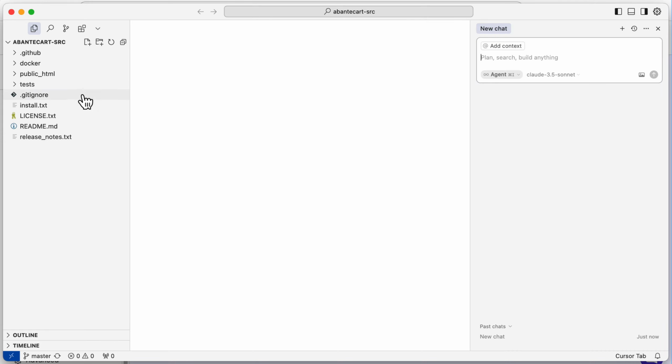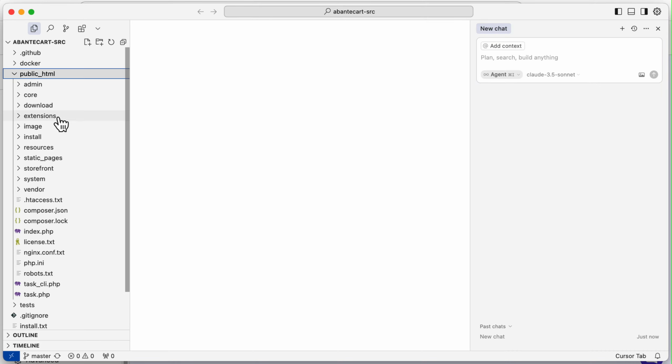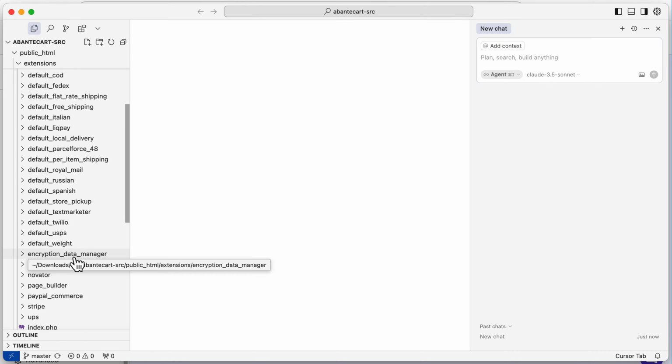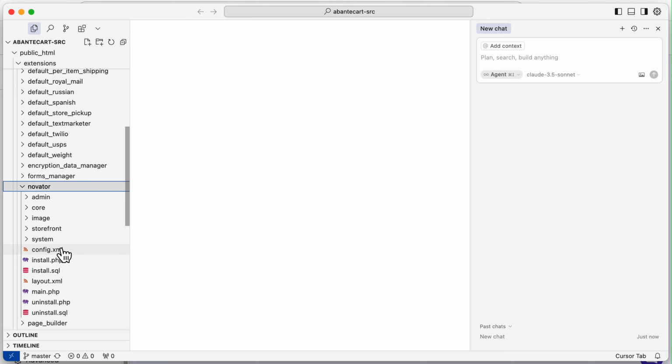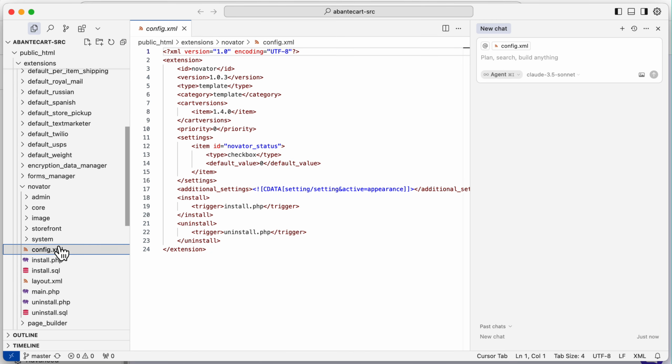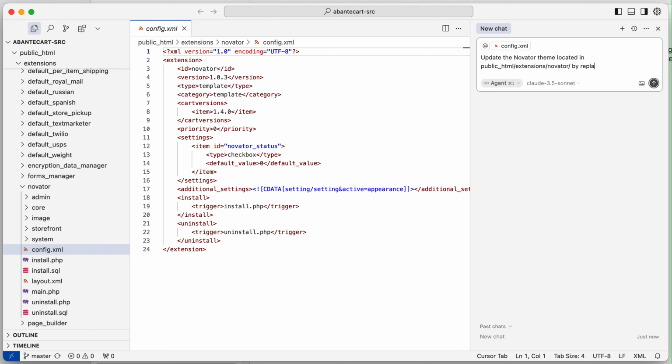Navigate to /public_html/extensions/Novator in the project. Now, let's ask the AI to do the heavy lifting. Open the AI chat inside Cursor and type: Update the Novator theme in public_html/extensions/Novator by replacing all blue and blue-like colors with a range of